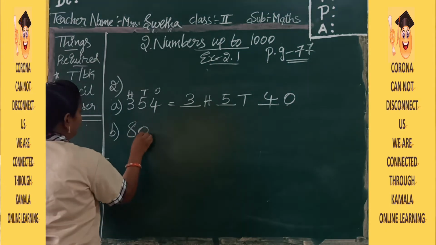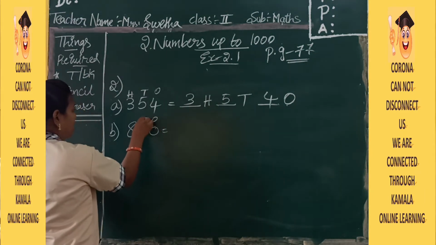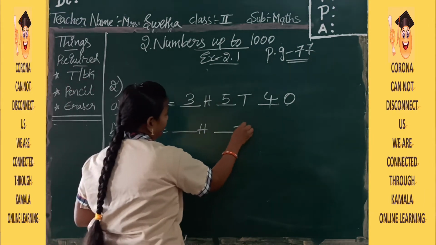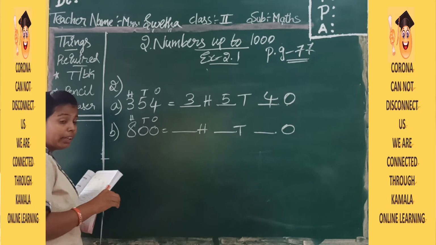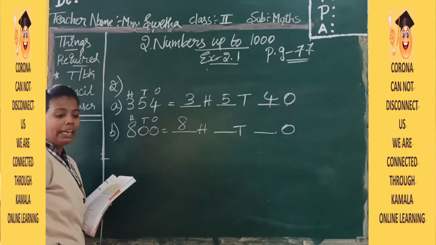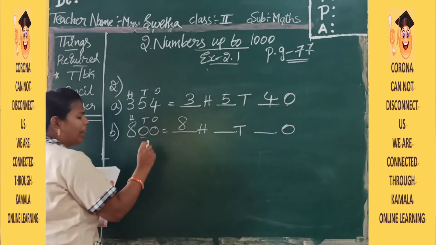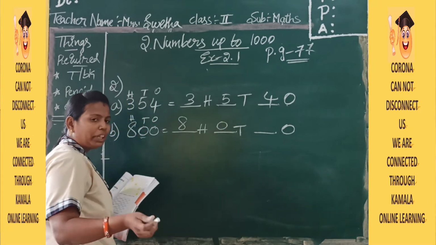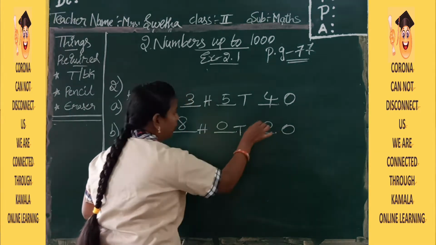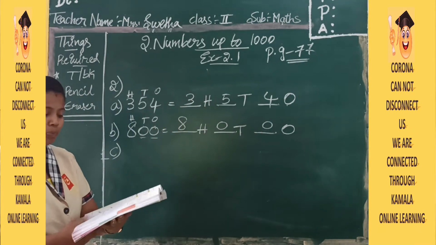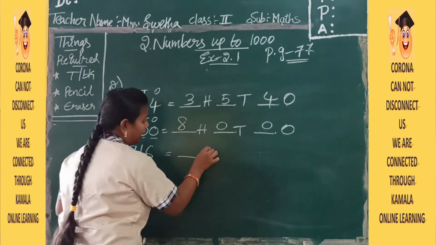Next you have 800. For each and every number, if you write places on the top, it makes it easy to write the answer. Now how many hundreds, tell me? In the hundreds place what is the number? 8. So you have 8 hundreds here. Tens. How many tens? See here you have 0. So you have to write 0 only, 0 tens. Here how many ones you have? 0 ones. So you write 0 only in the ones place. Understood about this, children? Whatever number you have in that particular place, you have to write in that place.